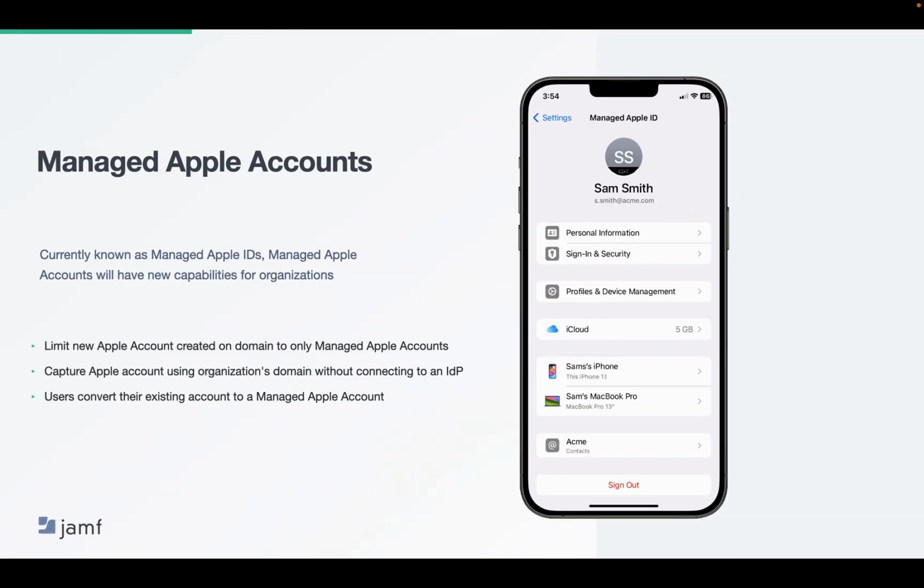Let's take a look at Managed Apple Accounts, currently known as Managed Apple IDs. There is more than a name change to this important tool. IT admins can limit new Apple accounts created on their domain to only be Managed Apple Accounts. This means that if you're opting into this, all Apple accounts created with your domain are Managed Apple Accounts, so you're not playing catch up on Managed Apple Accounts you already have, or if you've been reluctant to create new